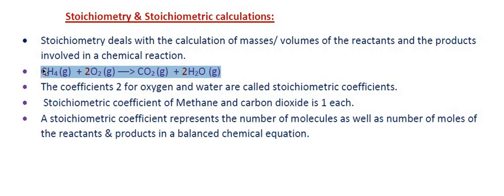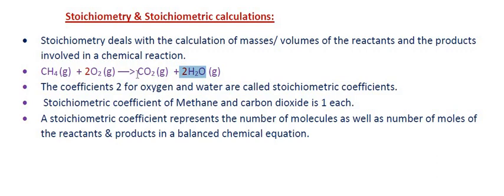So we have got a chemical reaction highlighted in front of us. This reaction is for combustion of methane. You can see that CH4 reacts with 2O2 to give CO2 and 2H2O. In this chemical reaction, I have highlighted the number 2 in two places, but in front of methane, that is the CH4 molecule, no number is written. Similarly for carbon dioxide, no number is written.